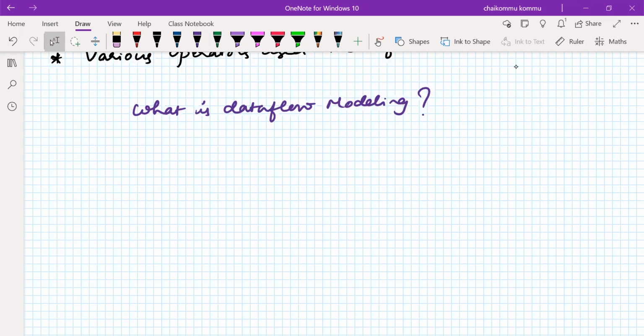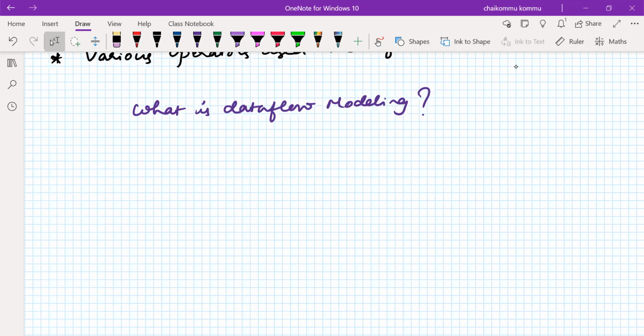Whereas if you consider the 16 by 1 multiplexer, that means 16 AND gates that we have to take, and for the OR gate we have to take n number of gates that are involved in that one. So there is no option, we have to call each and every gate. If array of instances is possible, then it's no problem. But if array of instances is not possible, then all possible gates we need to write. That complexity can be reduced with the help of data flow modeling. So a little bit of complexity can be reduced.